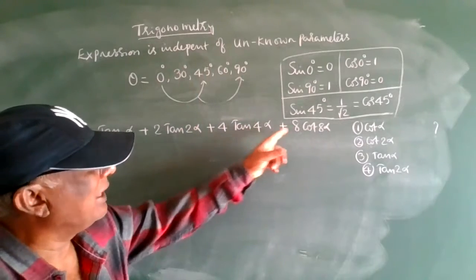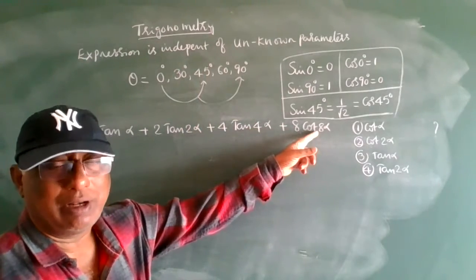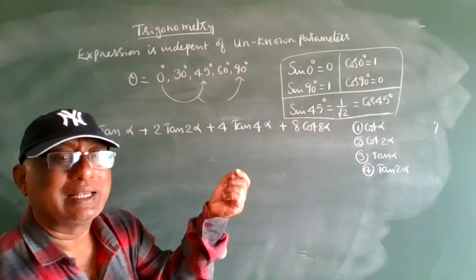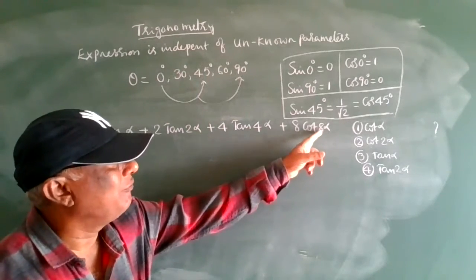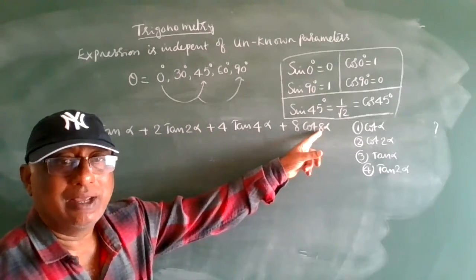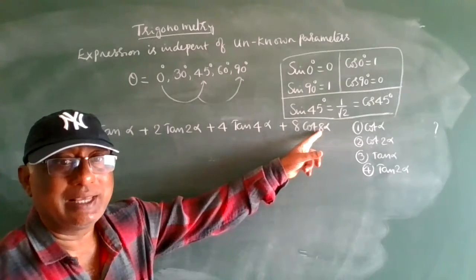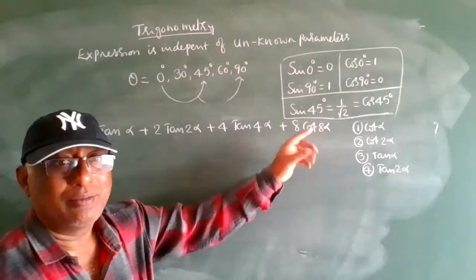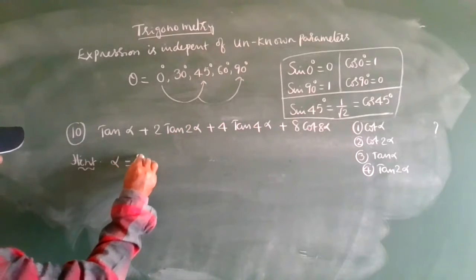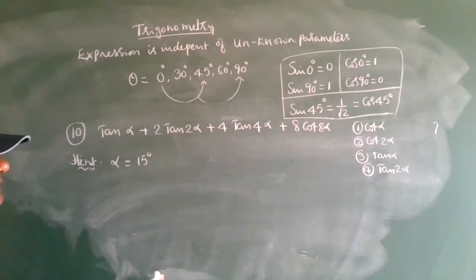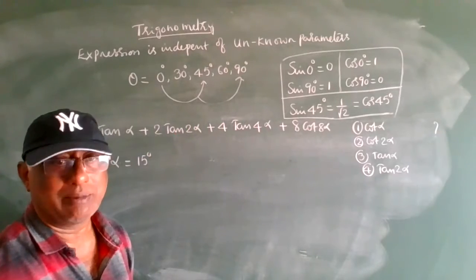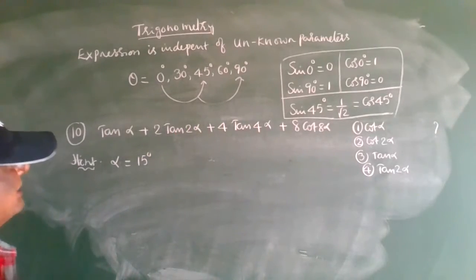30 also, for 8 times 30, the big value will become 240 degrees. Again, for simplification I will write 30 off as 15 degrees. 15 into 8 is 120 degrees. 120 is easy for me when doing the problem. That's why I am taking alpha equal to 15 degrees. No, sir, I will take 30 degrees, no objection. We can take it and we get the same answer. If you want, you can take 30 degrees also.